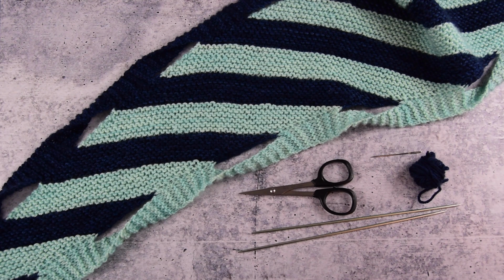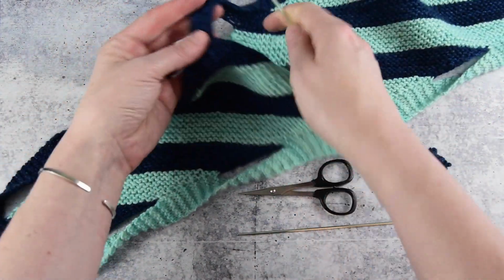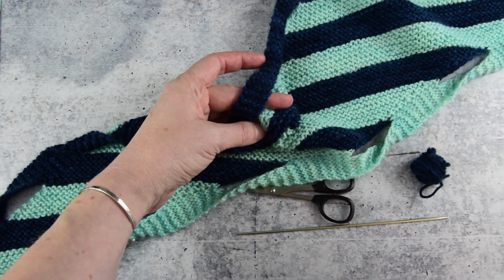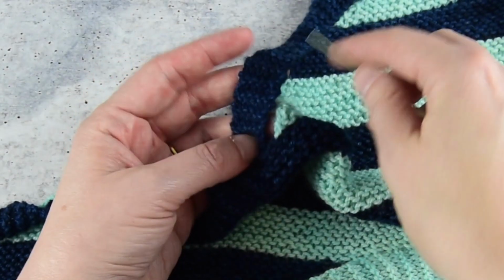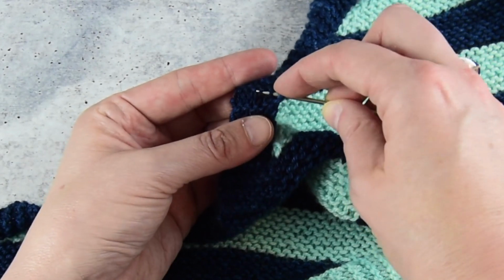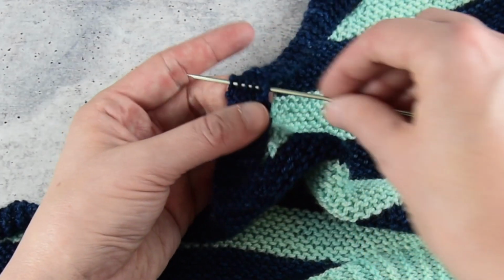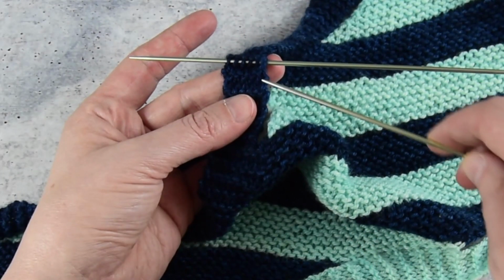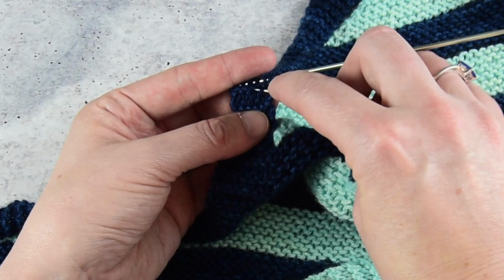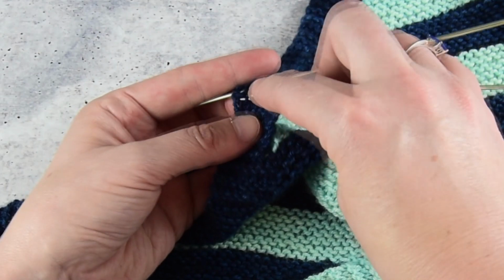Step 3, we're going to do setup. So I found the place where I have my mistake, and somewhere in the middle of that spot, I'm going to go ahead and just on a random row, pick up all the stitches on a row with my double-pointed needle. So that should be 6 stitches on your needle. And then I'm going to take my other needle, I'm going to skip a row, and I'm going to go down 2 rows. So skip 1 row, and then in the next row, once again, I'm going to pick up 6 stitches with my other double-pointed needle. Once I've got those secure,